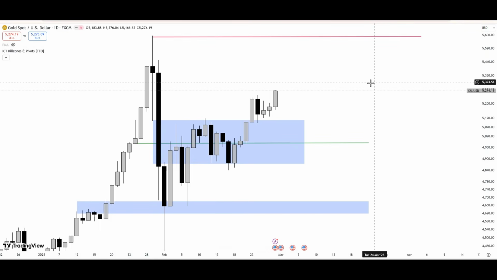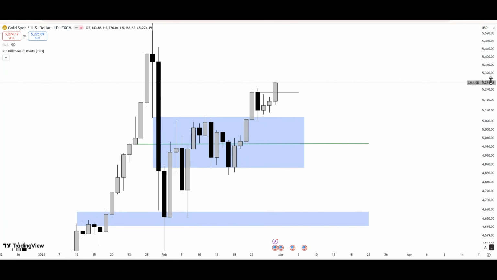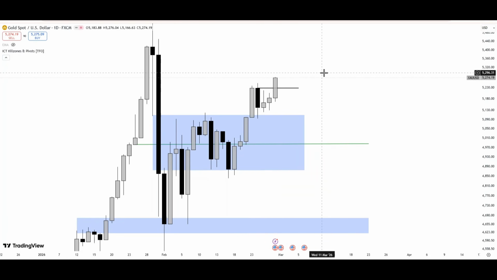So if we look at the daily time frame, you can see for some time gold was stuck inside this fair value gap, and so far price has actually inverted this fair value gap. You can see we closed above it, price retraced, tagged it, and so far we have this momentum. So at this point, gold really looks bullish. So if we're going to see more bullish momentum for gold, you can see there's this daily order block.